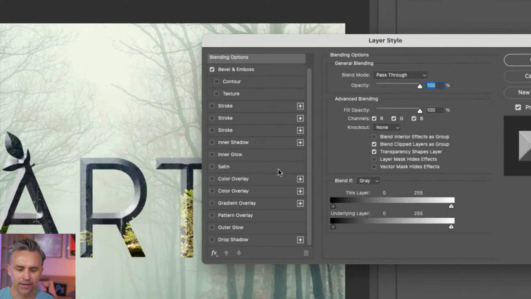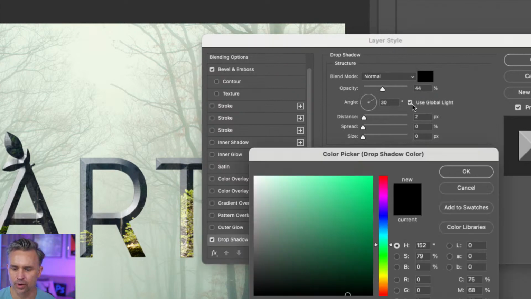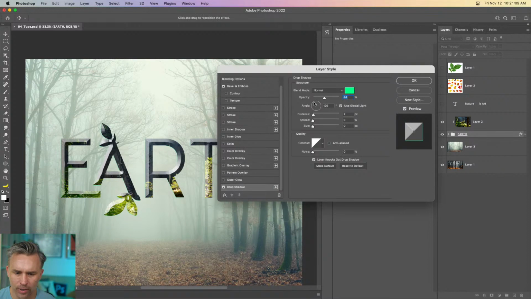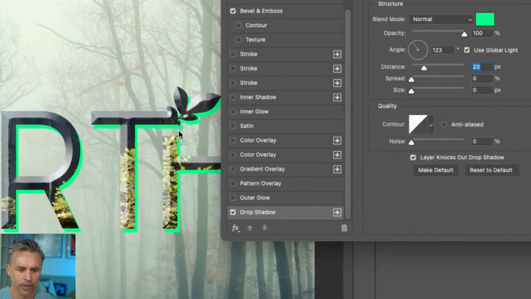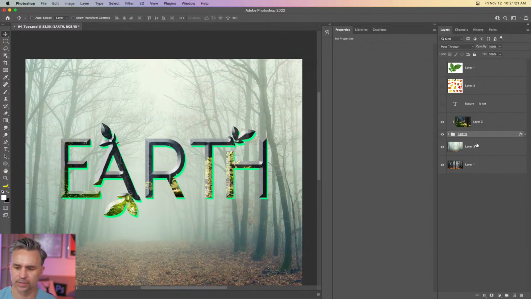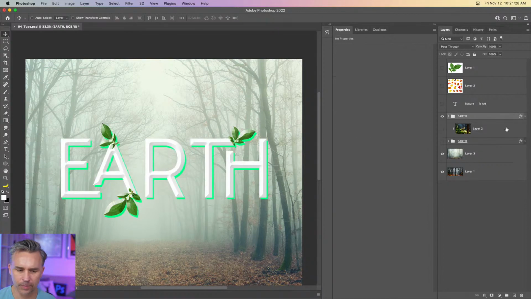Also, right down here, I added this bevel and emboss. I can add a drop shadow. I'm kind of breaking away a little bit from the style of this, but let's increase the opacity and the distance. See that? We have that nice bevel like so. In fact, I kind of want to make a new version that's much cleaner. That's what I'm going to do. New version. Let's get rid of that clipping mask.